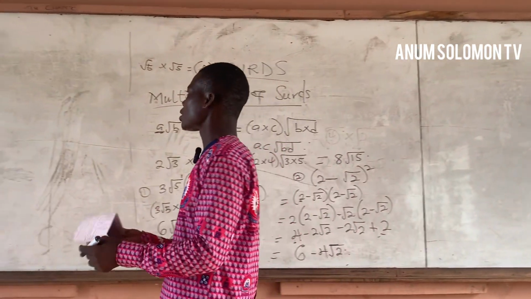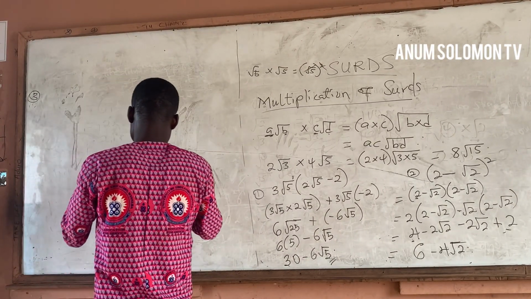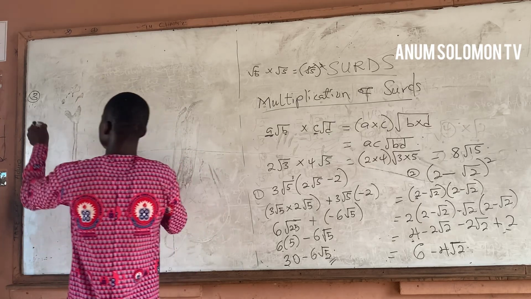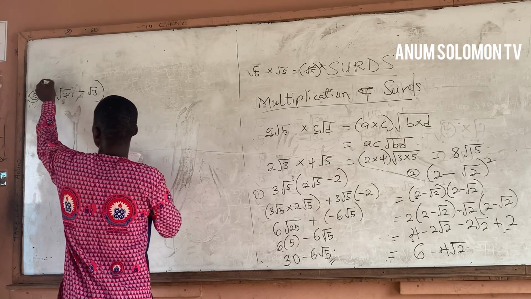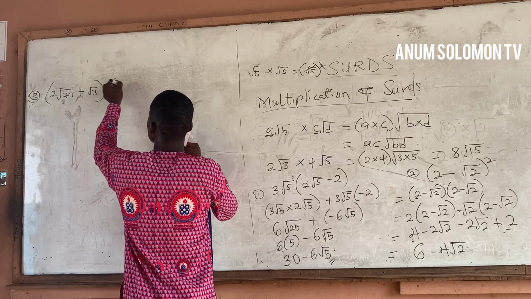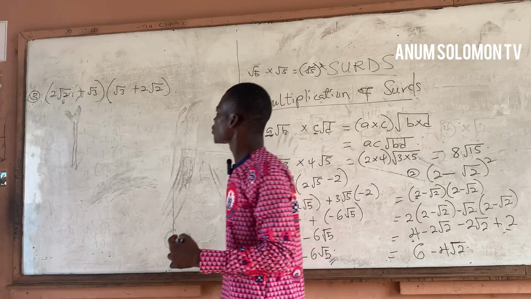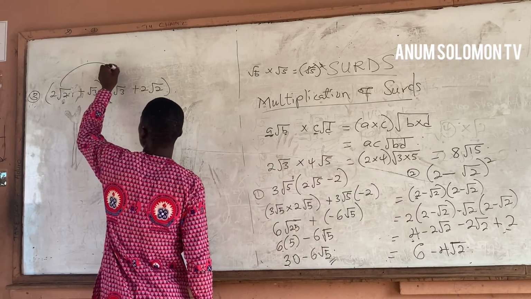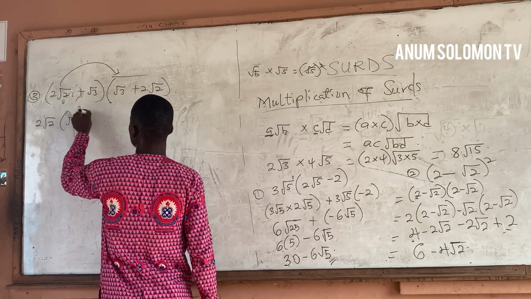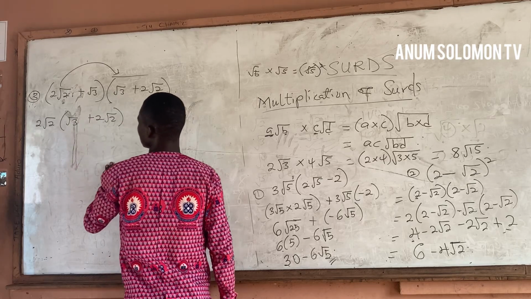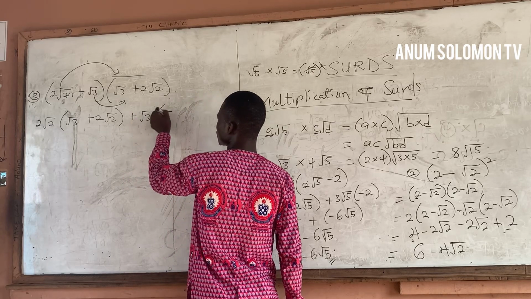Now, let's move to look at problem number 3. Problem number 3 is we have to expand 2 root 2 plus root 3 times root 3 plus 2 root 2. So we have to expand this. I'm going to pick the first term here to multiply all the terms in the second bracket. We have 2 root 2 bracket root 3 plus 2 root 2. Then take the second to multiply the same bracket, plus root 3 bracket root 3